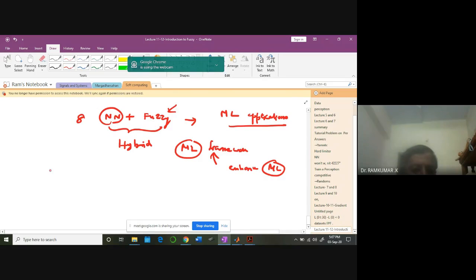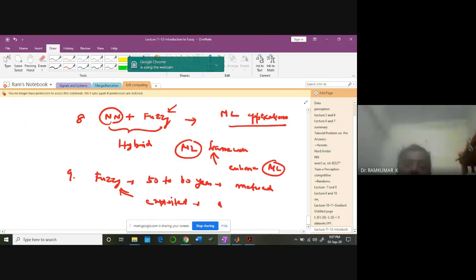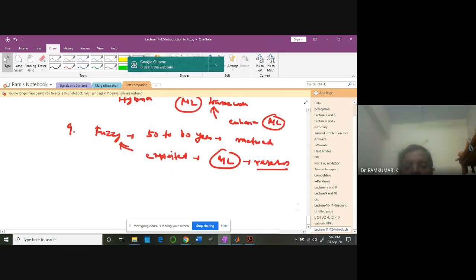People are trying to mingle because Fuzzy Logic is a very mature domain, for almost 50 to 60 years. People have contributed and it has matured. Now suddenly people are not interested. It means we need to exploit the power by combining it with ML. So that's why researchers are thinking of improving in this direction. Okay, so you can think in that direction. Then we have another tool. In fact, the last unit we are going to learn briefly. That is called evolutionary computing.